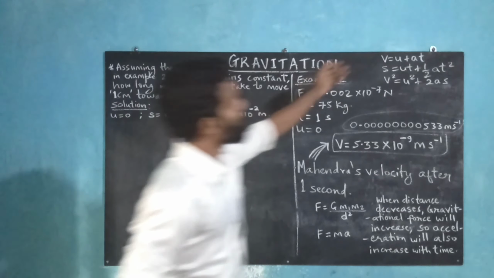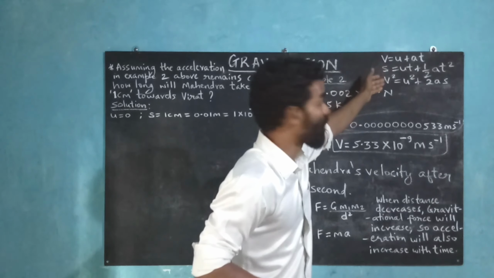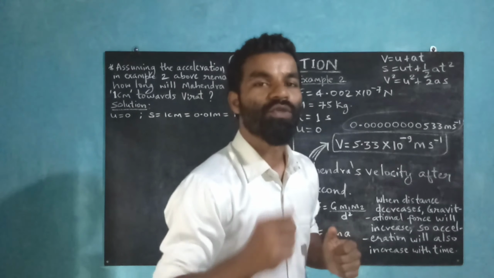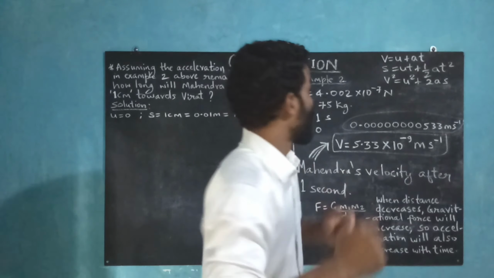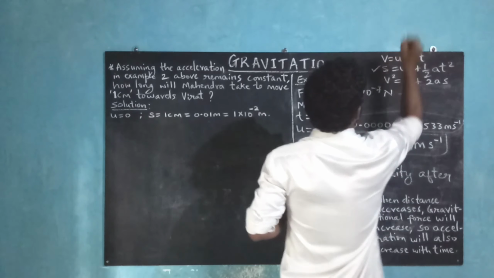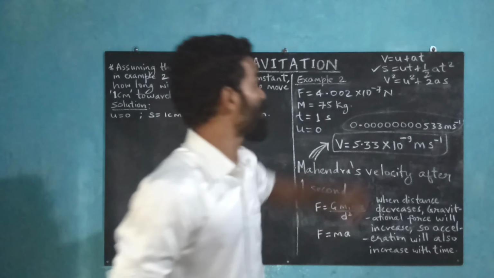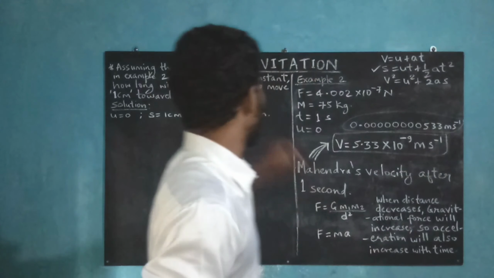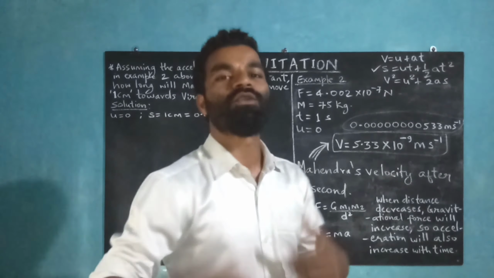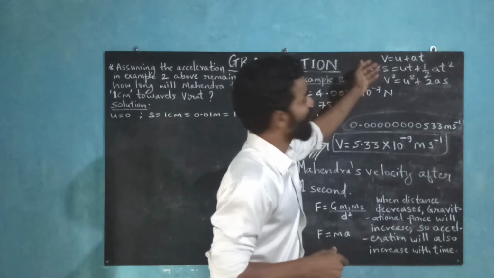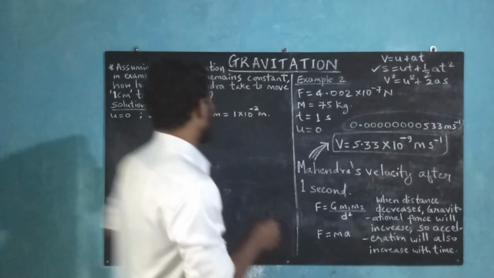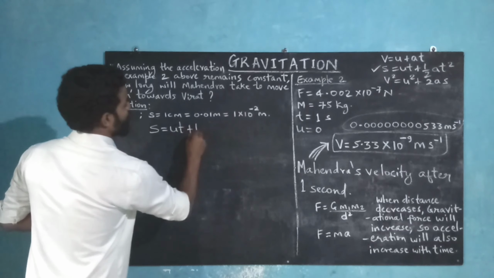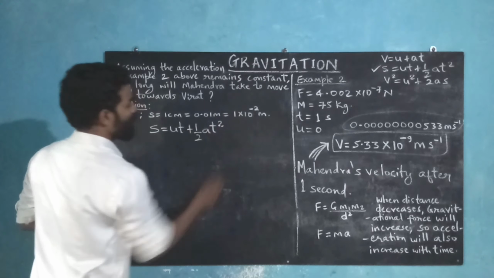So which formula will you use from here? Newton's equations of motion. Just pause the video, think, and answer which formula you are going to use. Okay, so this is the formula you are going to use. Why? Because it has both distance as well as time. So we are given the distance here, 1 centimeter, and you are told to find the time. No other formula has both distance and time. So you are going to use the second formula, S equal to ut plus half at square.